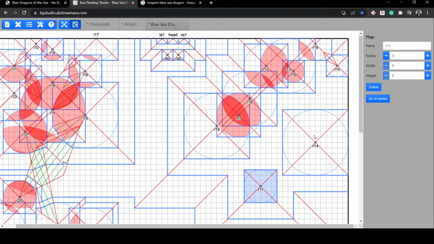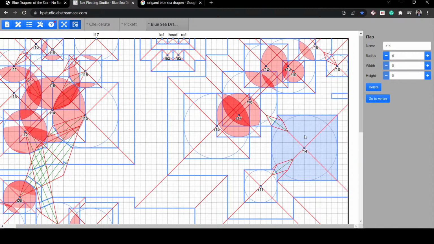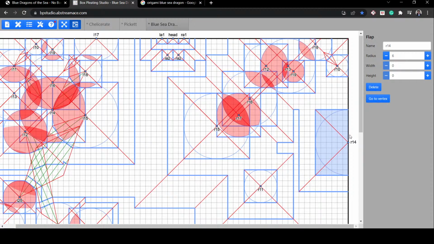Yeah, the point was you want to have your longest flaps on the edges, because as you can see here, this flap is not on the edge, it's a middle flap. But if I just place it here, you can see that it occupies half the space it did when it was in the middle. So if you want to have middle flaps, which are flaps that are not on the edge, for example, this is a middle flap, it's not on the edge. If it was on the edge, this point here would be on the edge. It occupies a big area, but this one is half the area,